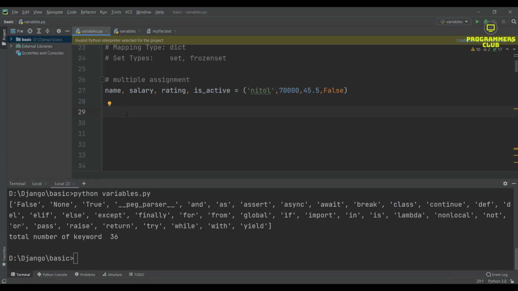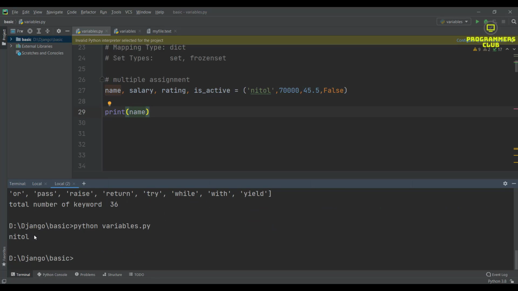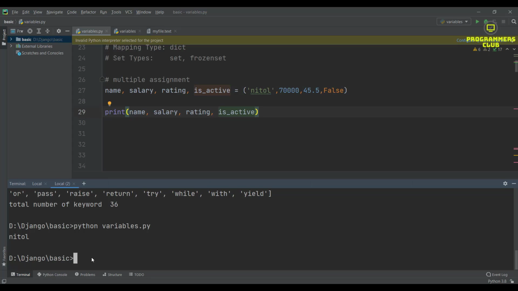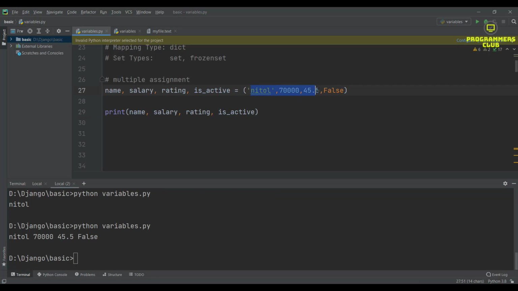Now I am going to show you the output of these variables. I print name and run that, and I get Nitol. If I want all together, I print it like this and also run, and I get all the values here.